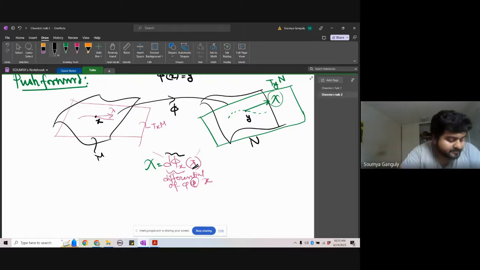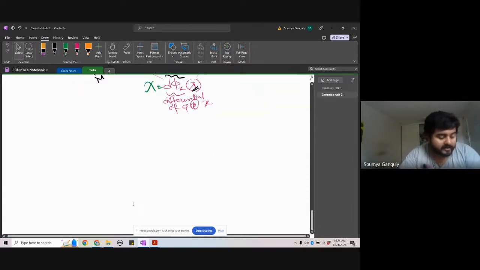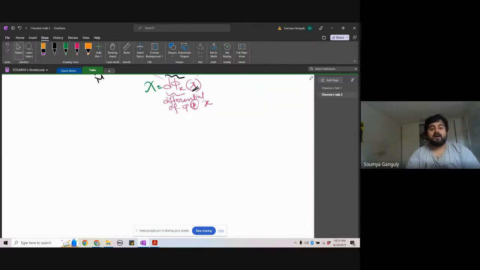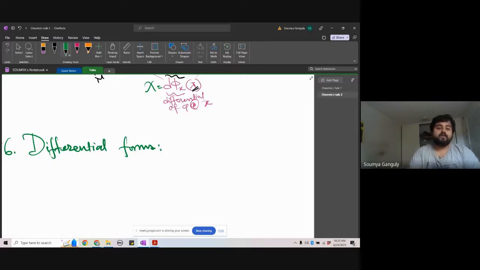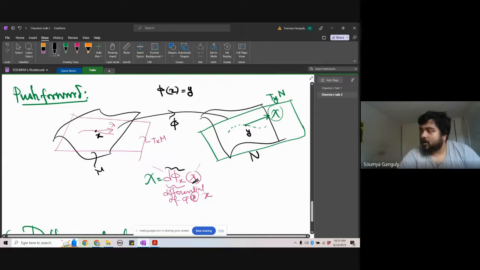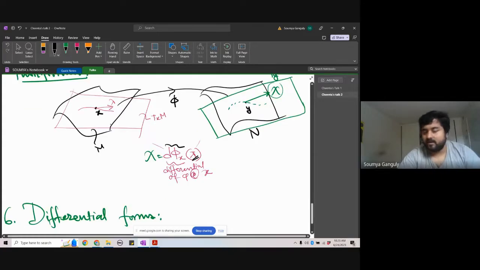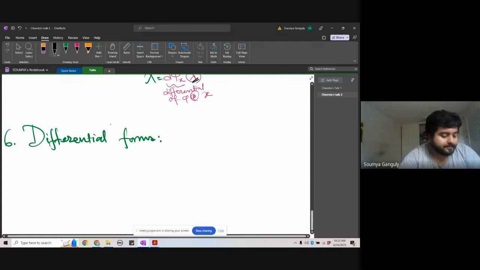So now, once we have the push forward and everything, we are good to go about vector fields. Now we come to the next very, very important concept, which is the concept of differential forms. Here we will give some good examples, so maybe you will like it. Don't worry about examples for push forward and everything; we will come to concrete examples of them, although those examples might be a little bit research oriented. You can ask me questions after the class today.